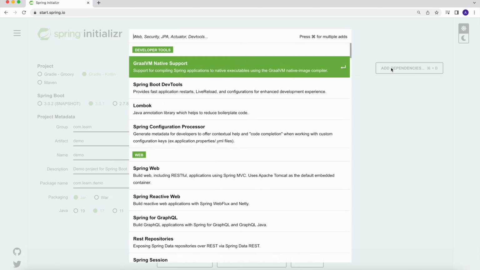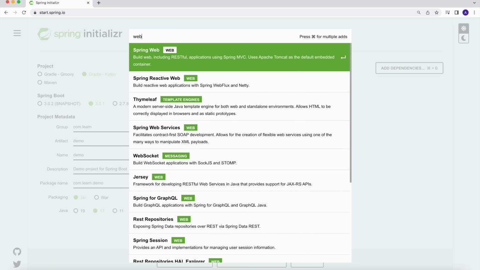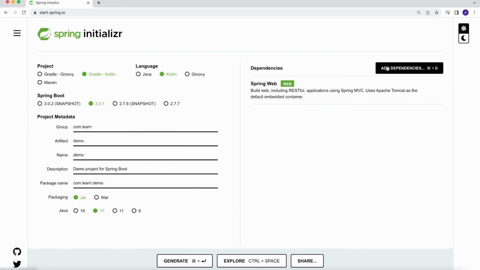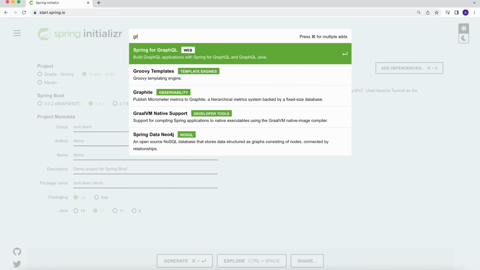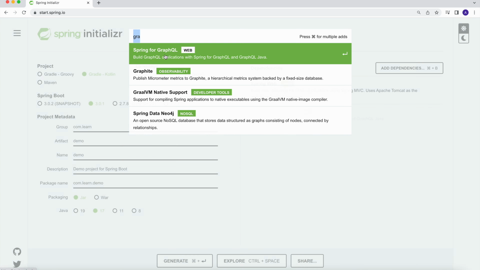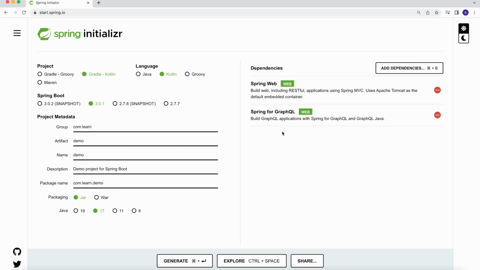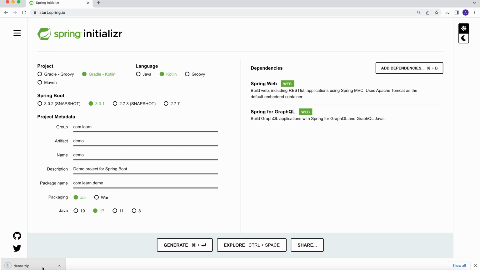Inside dependencies, the first dependency we need to add is Spring Web. After that we need the second dependency, Spring for GraphQL. These two dependencies are all we need. After that we click on Generate. This will generate the folders, and then you just unzip them and open